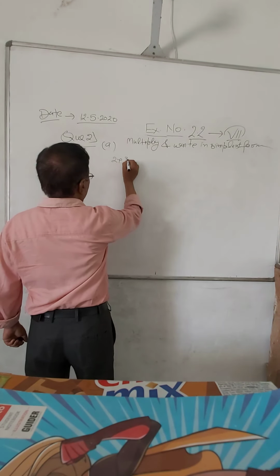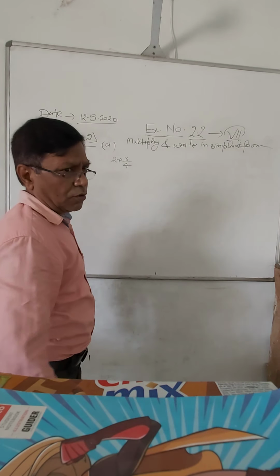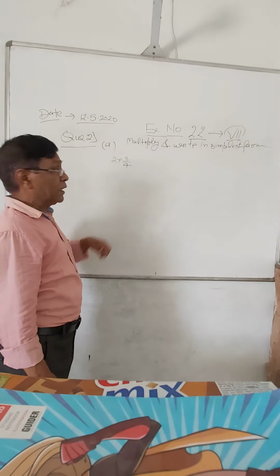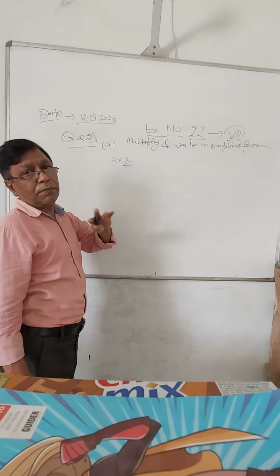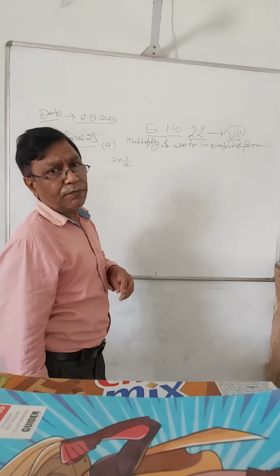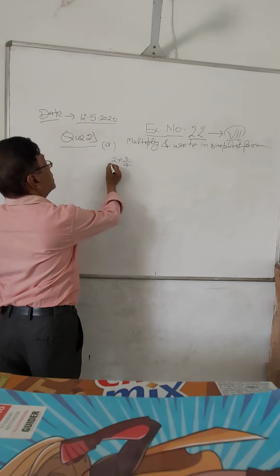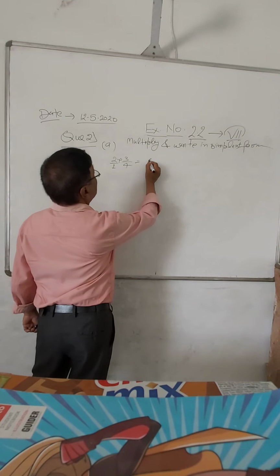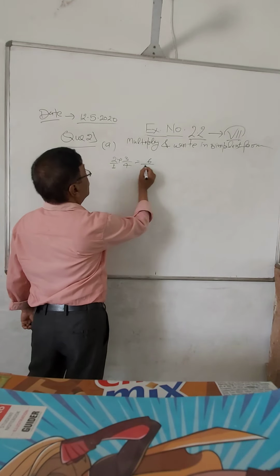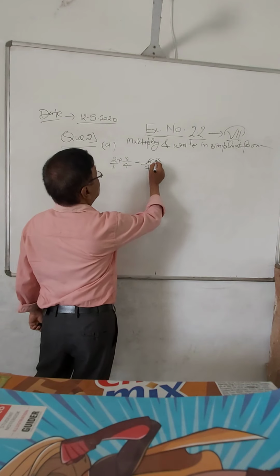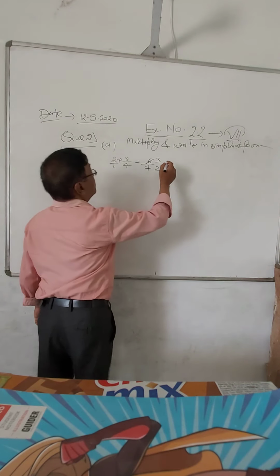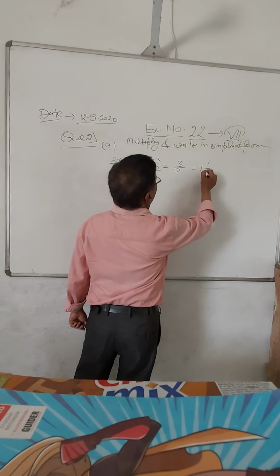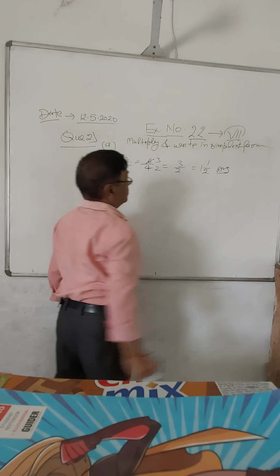2 into 3 by 4. This is very simple for you. Also, how are you doing the multiplication of rational numbers? You multiply numerator with numerator and denominator with denominator, and after that simplify. So here, since the denominator is nothing, you will write 1. So 2 3s are 6, 4 1s are 4, and if you simplify, 2 3s are 6, 2 2s are 4, so this has become 3 by 2, or this also you can write as 1 whole 1 by 2. This is the answer of this.